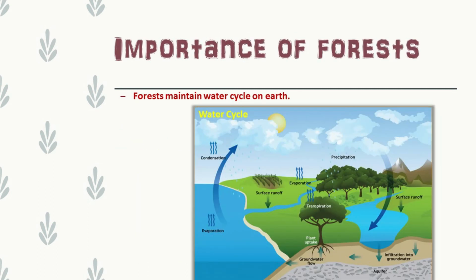Further, you know that we depend on trees for our survival, like for food and air to breathe. So forests play very important roles in our lives. These help in maintaining the water cycle on earth by regulating precipitation and evaporation. Trees pull water from the soil and release it in the atmosphere through the pores in their leaves by the process of transpiration. The water vapors rise in the atmosphere and condense to form clouds and bring rain.